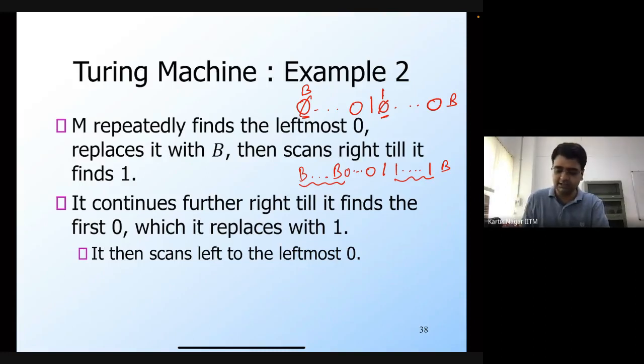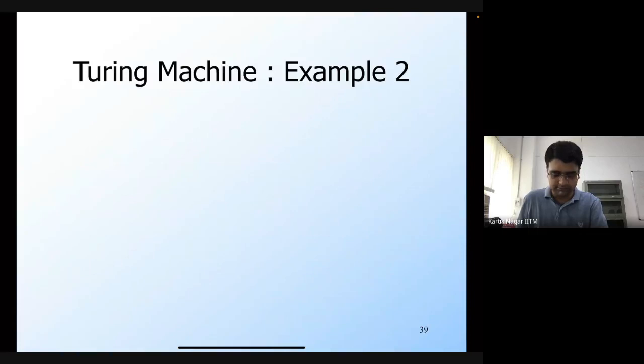And there is the other case, where m was less than or equal to n, in which case you are going to have all blanks, and then a 1, and then all 1s, and then some zeros which are still left. So these are the two configurations that are possible. Now you need to recognize these two configurations and make appropriate changes, so that m minus n zeros are on the tape.